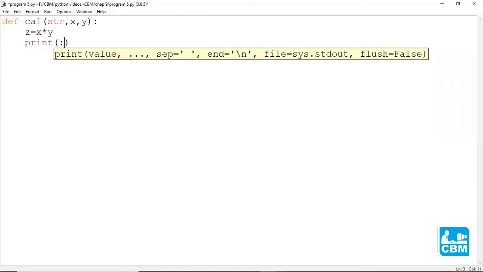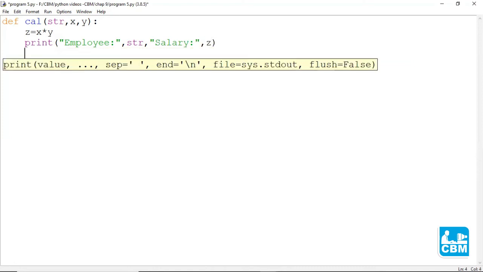Print "employee" comma str comma "salary" comma z. So we have defined this function cal.